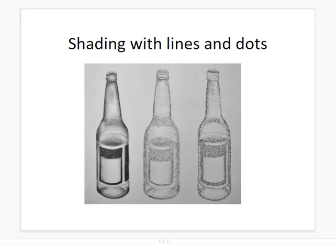Okay, today we're going to talk about different ways of shading, not just taking a pencil and changing pressure as far as darkness and lightness. We're going to talk about shadings with pen particularly. You could use pencil, colored pencil, but you're going to be shading with lines and dots and scumbling and things